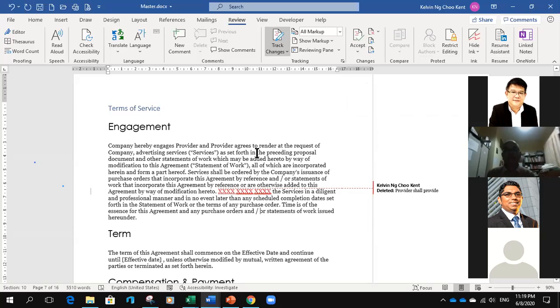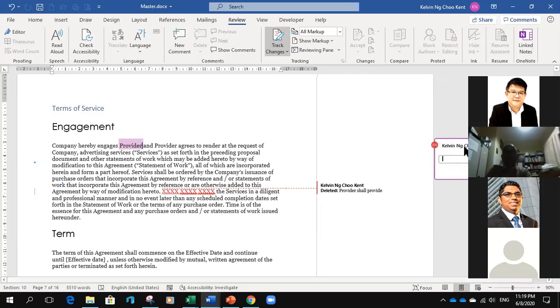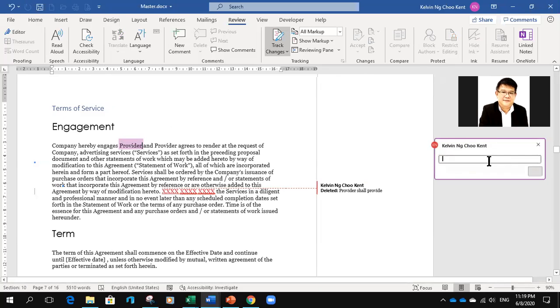Now, sometimes the people who look at your document do not want to make changes for you, but they would like to give a comment. So they will say that maybe this word, provider, they highlight this and click on Comment. A comment appears on the right-hand side here.